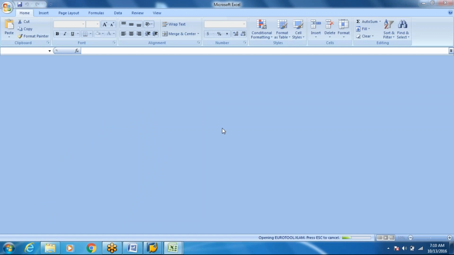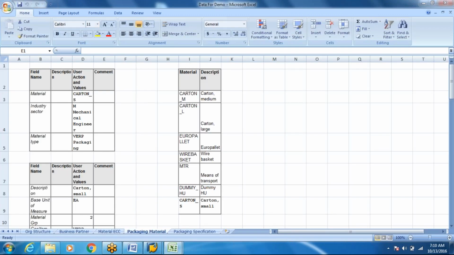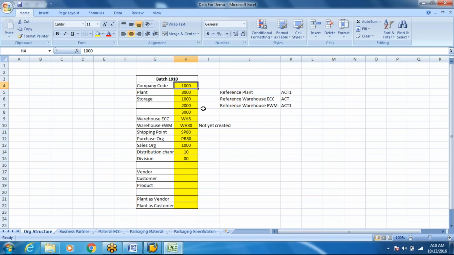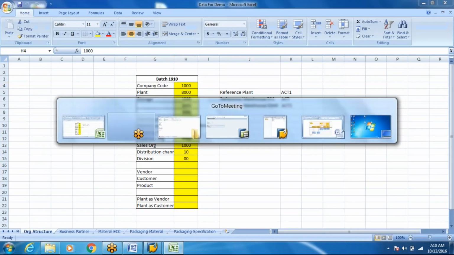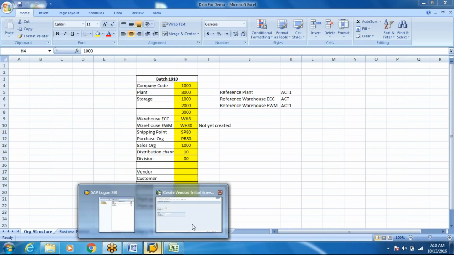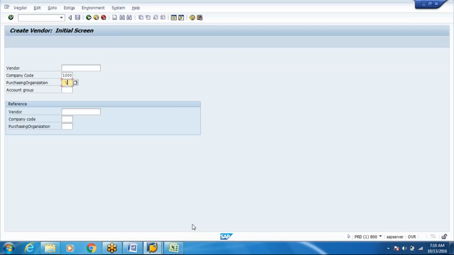As part of your cutover activities, you have to do this each time. Our plant is 8000. Let's try to create the vendor. Our purchase organization is PID, account group, and